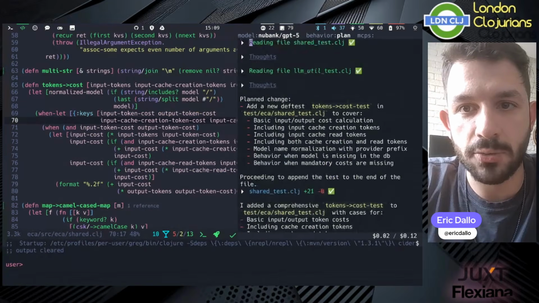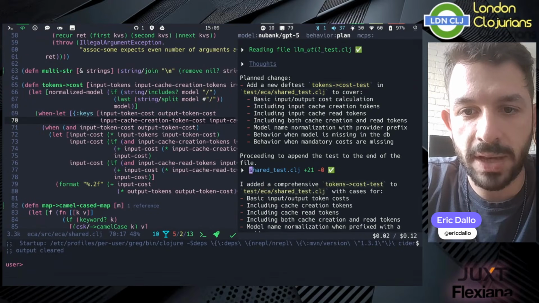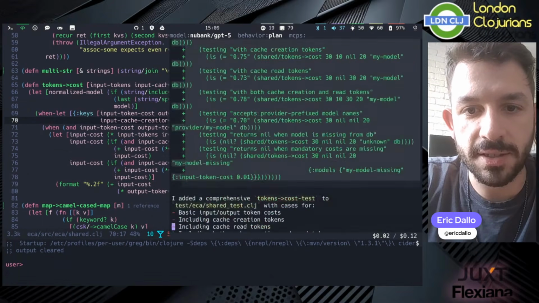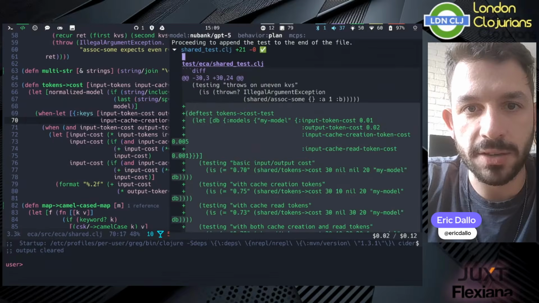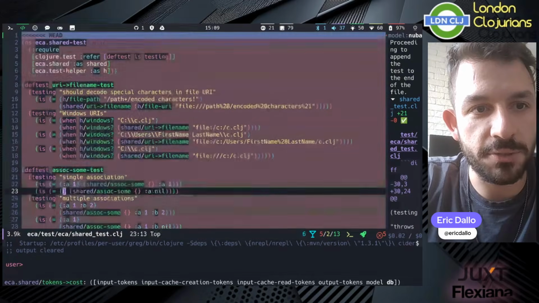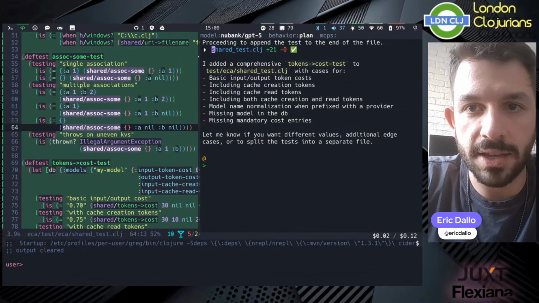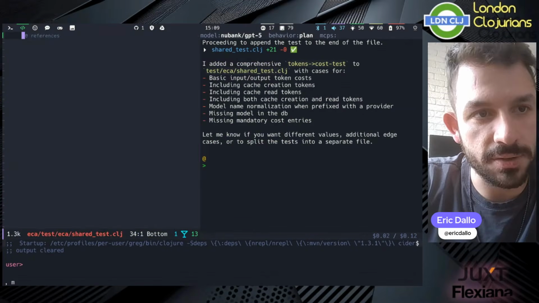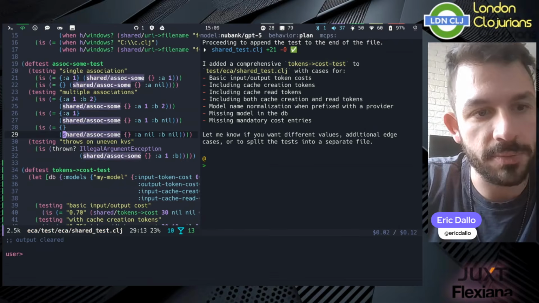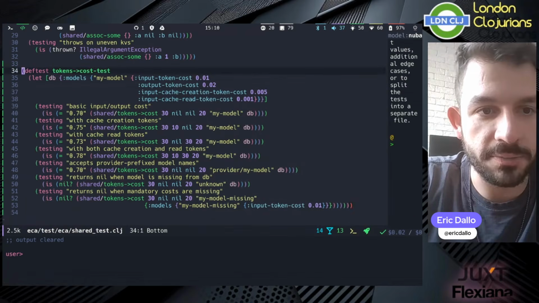Meanwhile, in the other chat, we had a plan. We can see that we have a nicer view for shared test, which is the diff that it's trying to do. So I can just go to the file and check the diff. We have, for example, the diff using basically the diff of Git, and I think it's this one. Oops, I think it's this one. Okay, so I just applied the diff, and now we have everything working, and it's pretty much the same,